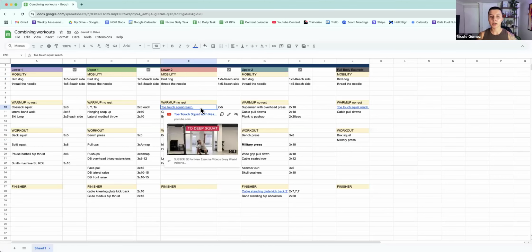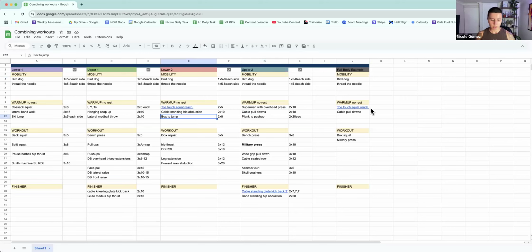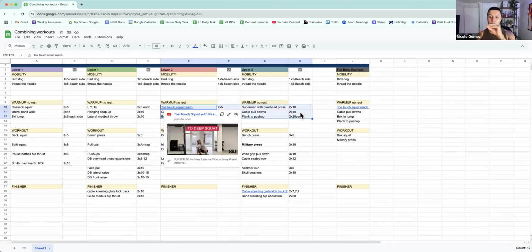Picking a warm up exercise for the lower, a warm up exercise for the upper, and then maybe I'm just making a bigger warm up. So I'm picking two and two from each one. This one is whatever to me, I can scrap it. Right now, I'm not being very ideal about what's going to be perfect. I'm just picking two and two.